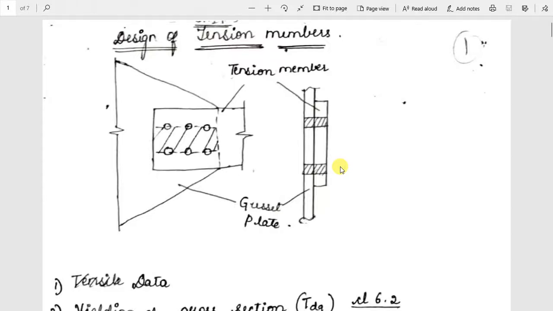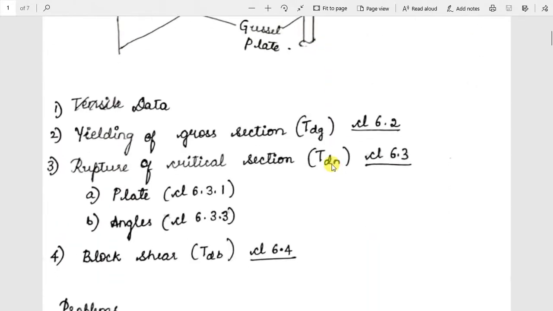In this video, I will be discussing determining the strength of a tension member. As I have told in the previous modules, for every topic you will have two types of problems. One is determining the strength, the other one is the design problem. So here in this video, I will be speaking of determining the strength of a tension member. This will be the procedure to solve the problems based on determination of strength of a tension member.